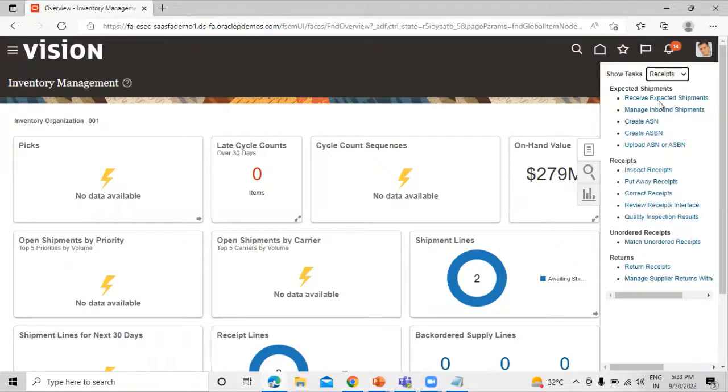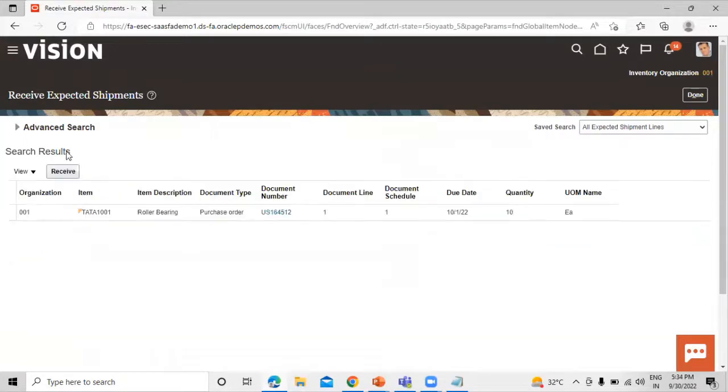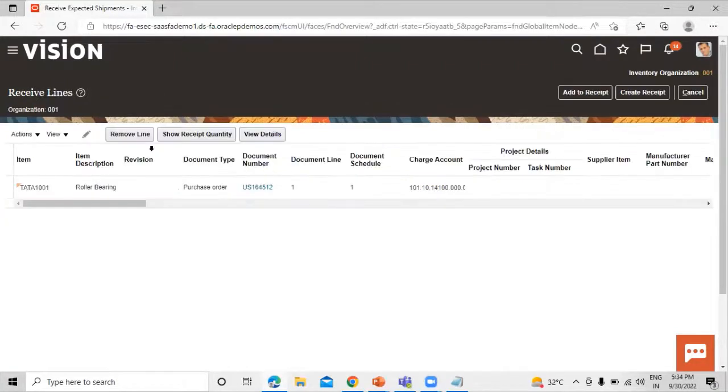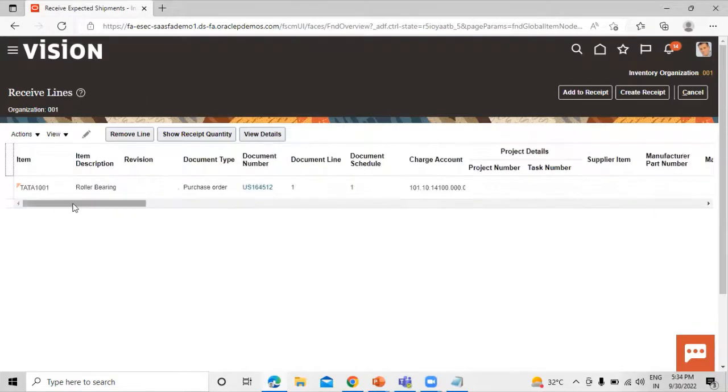Now click on the receipt expected shipment. Search for the purchase order. So this is our purchase order 164512. Select this item, select this record, click on this receive. Right. So